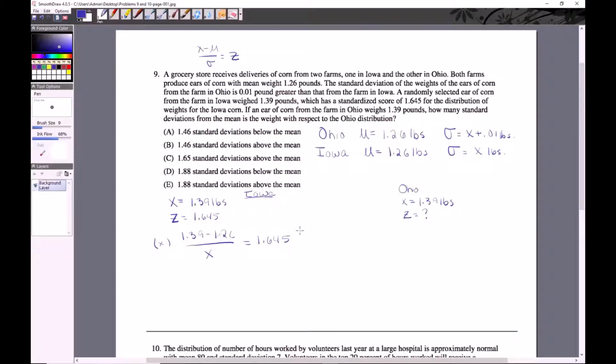So multiply each side by x, that'll clear that out. 1.39 minus 1.26 is 0.13 equals 1.645x. And we can just solve for x. 1.645 divided into both. So we'll end up with x equaling